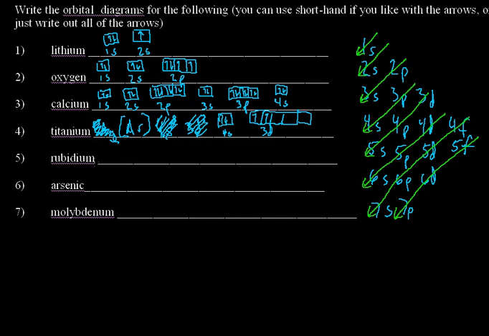Well, let's take a look at finishing up this second section. Looking at number 5, rubidium, Rb. 37 electrons. We want to find out the noble gas. That'll make it this little bit shorthand. So 37, the noble gas with the closest but not going over atomic number is krypton with an atomic number